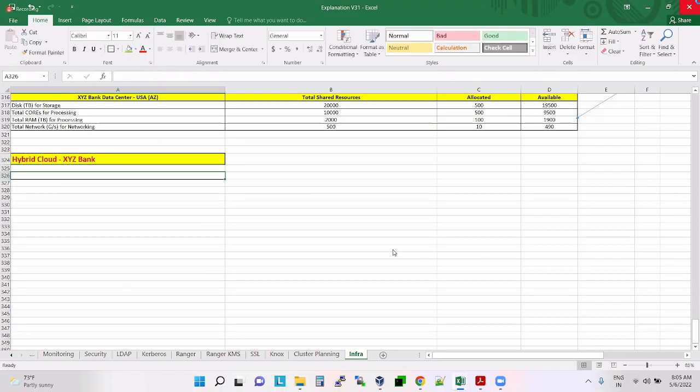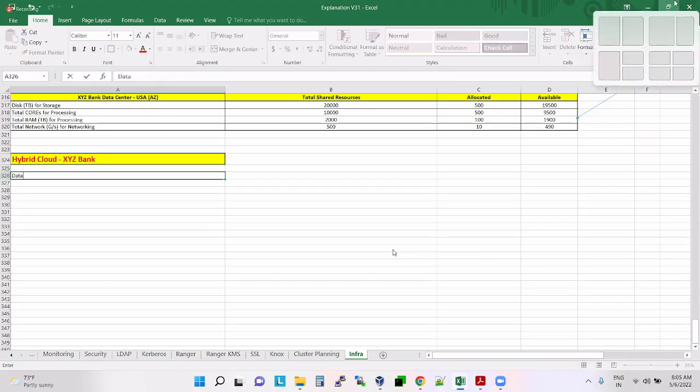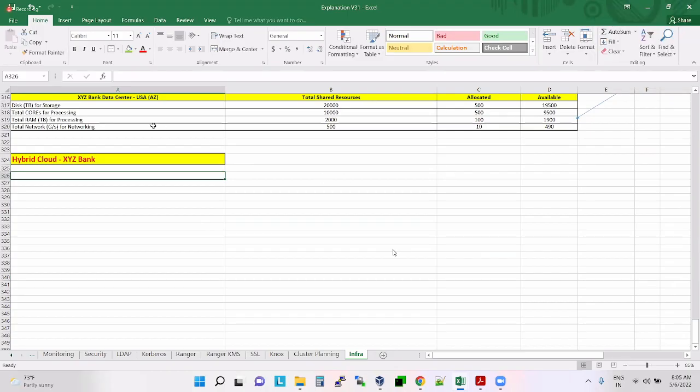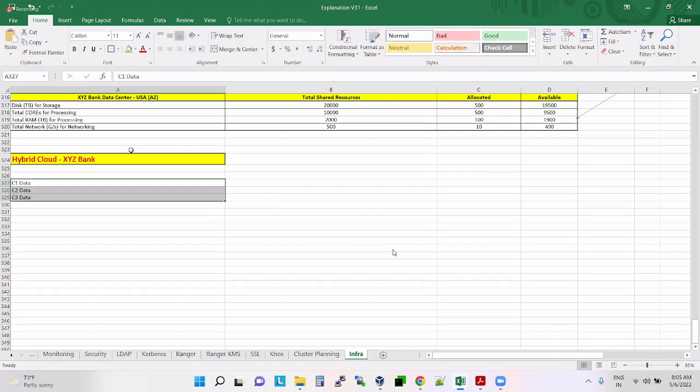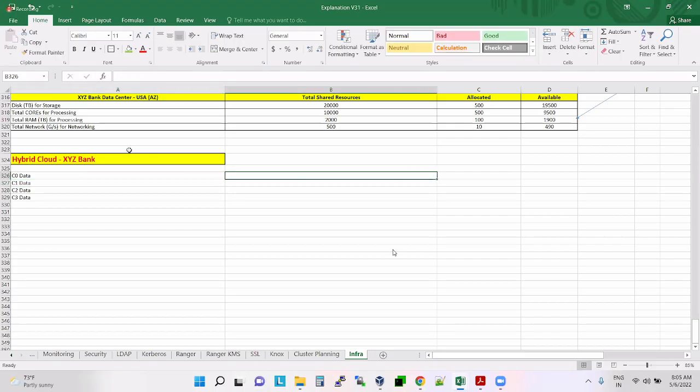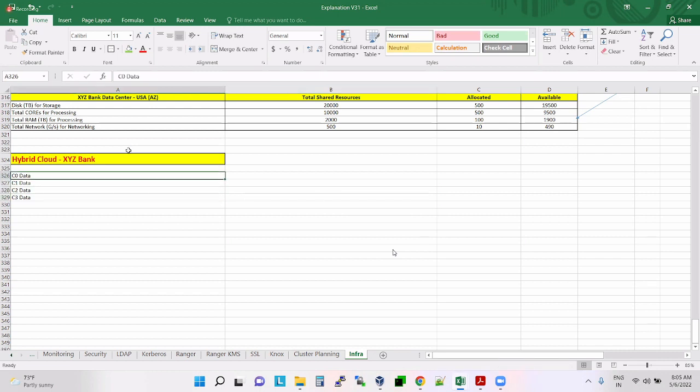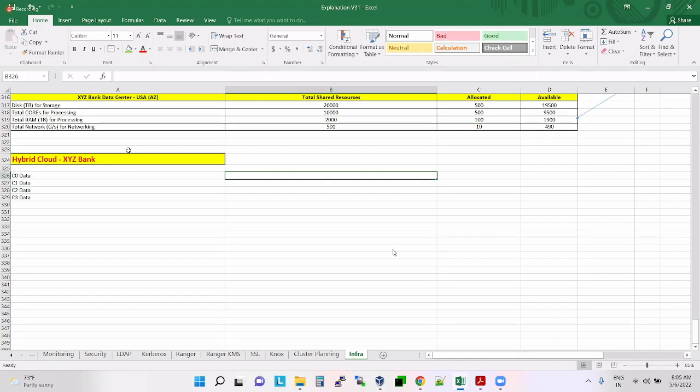Normally when I say data, you will have C1 data, C2 data, C3 data, and C0 data. What is this, C0, C1 data, guys? Confidentiality levels, exactly.